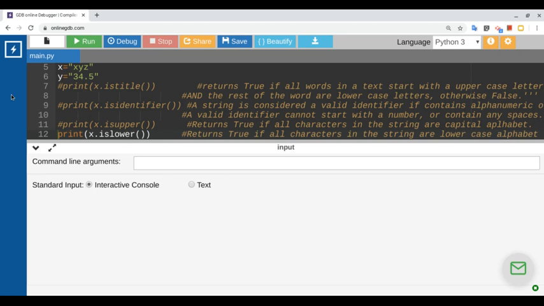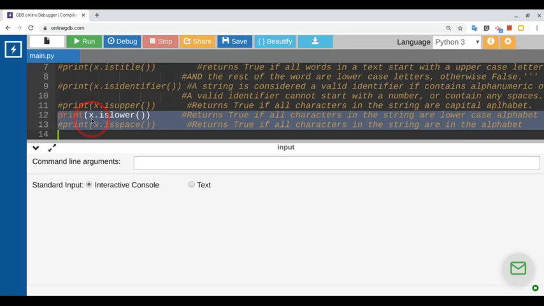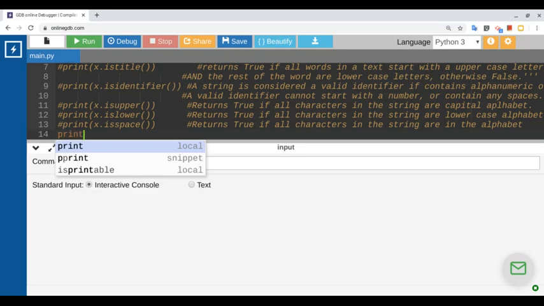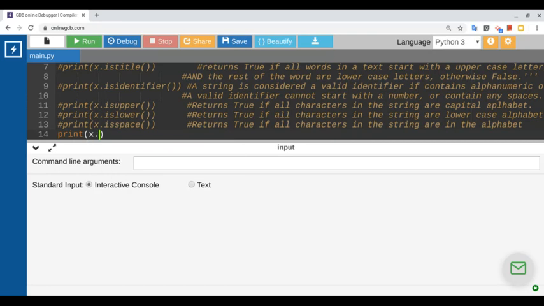For example, when we are defining a string, we define everything in inverted commas, so it's very difficult to print something which is the same inverted commas. That is called an escape character. The special characters that we use in Python as keys are called escape characters. So that is called print x dot